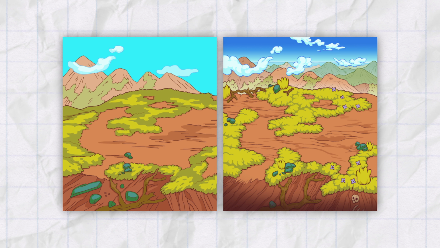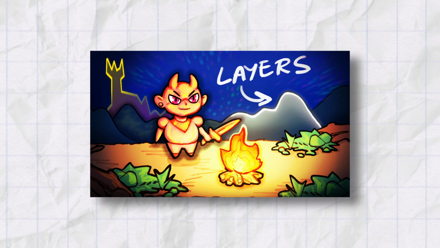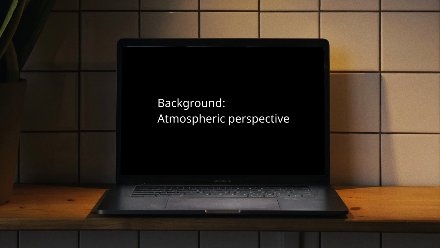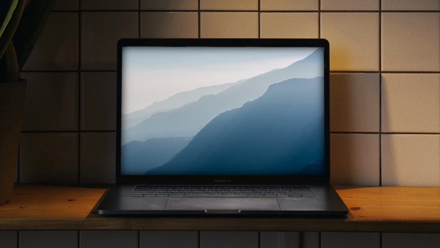But in the new one, there's layers of mountains until reaching the horizon line at the sea. This feeling of depth or distance is because of the drawing, but the coloring also plays a big part. Like I explained in the other video, recreating the principle of atmospheric perspective is what sells the effect. This happens in real life.